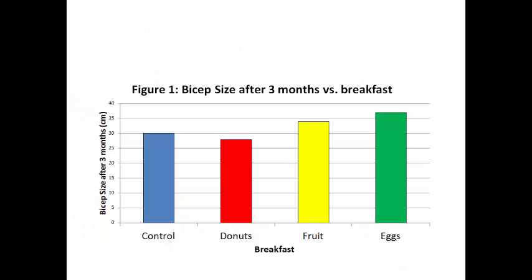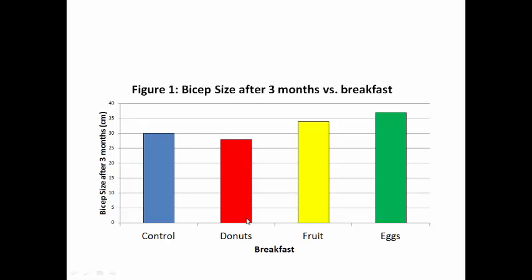So here is graphing the results. This is how you would analyze the results. Say after 3 months, you were 3 months on the same breakfast and then 3 months on each individual breakfast, you could actually see the effects of the experiment as long as you actually kept all those constants the same and constant. So your control person, you could see, had 30 centimeter bicep circumference, and that's about average for